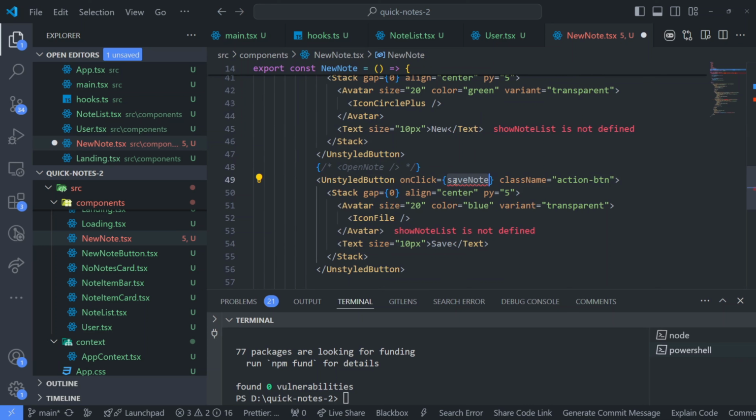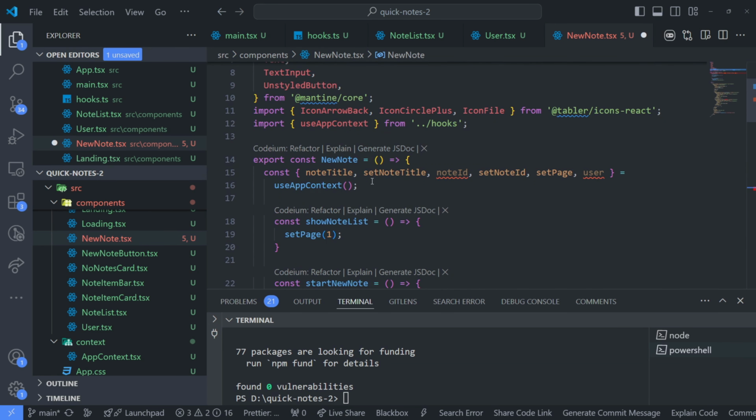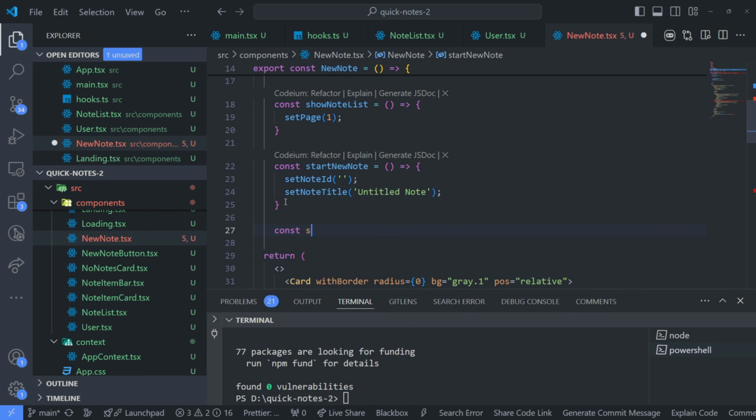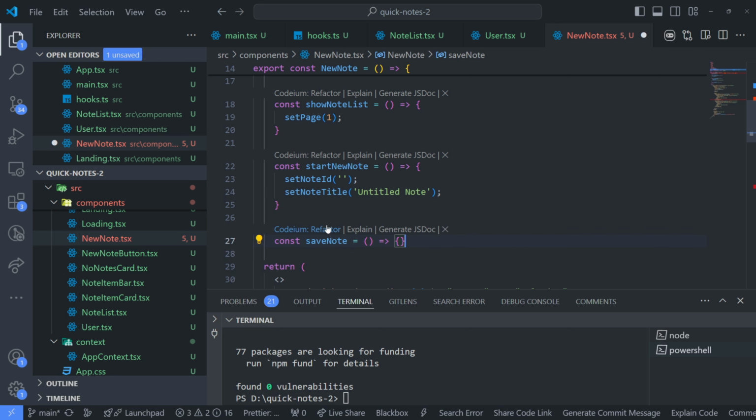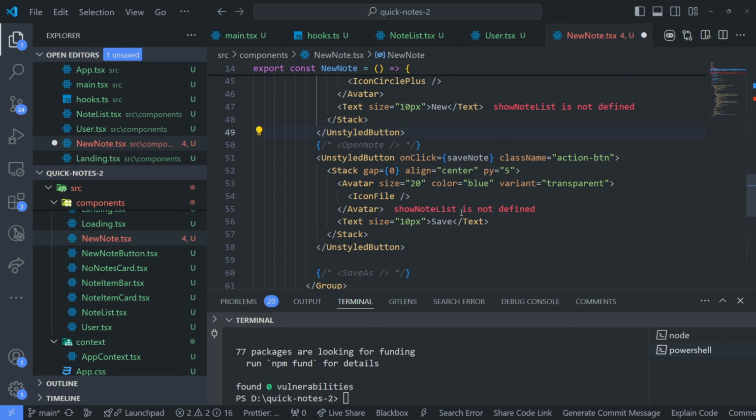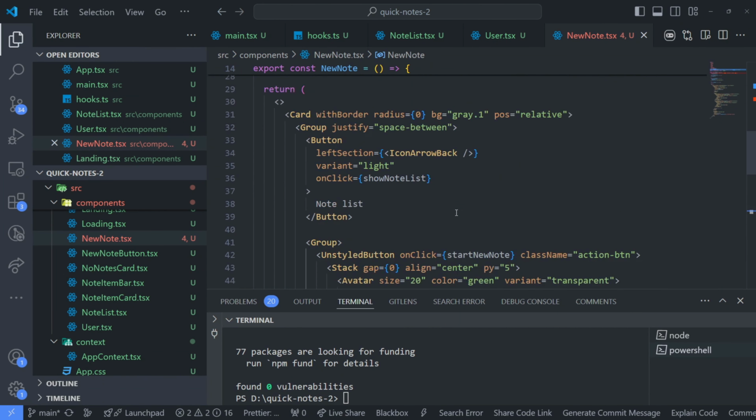Alright, so we have saveNote as well. So let's just put a placeholder there for now. Const saveNote. Alright, so let's just put a placeholder here for now. We would implement that shortly as well. Alright, so that should be it. We have all the functions in place. So once we save it